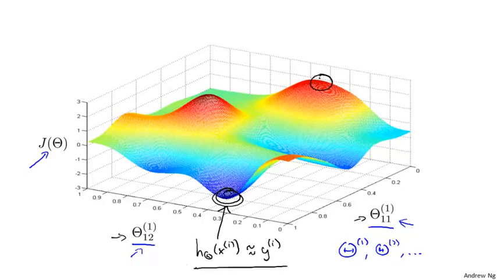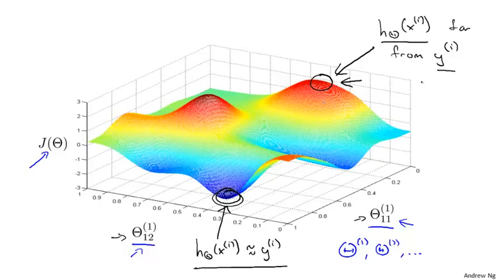Whereas in contrast, a point like that corresponds to where for many training examples, the output of my neural network is far from the actual value y_i that was observed in the training set. So points like this on the right correspond to where the neural network is outputting values on the training set that are far from y_i, so it's not fitting the training set well,